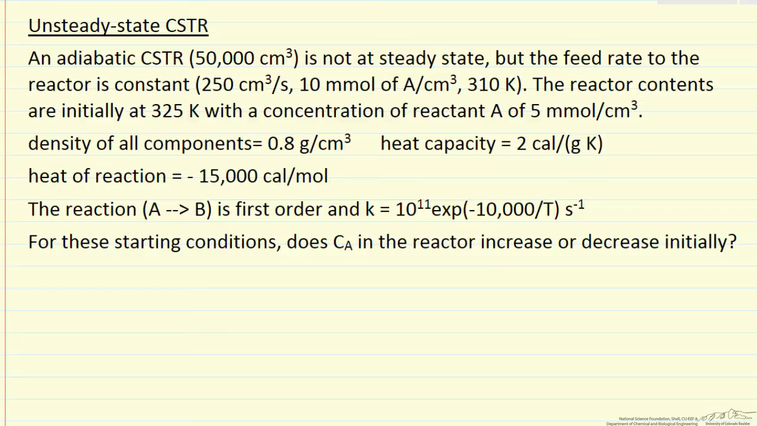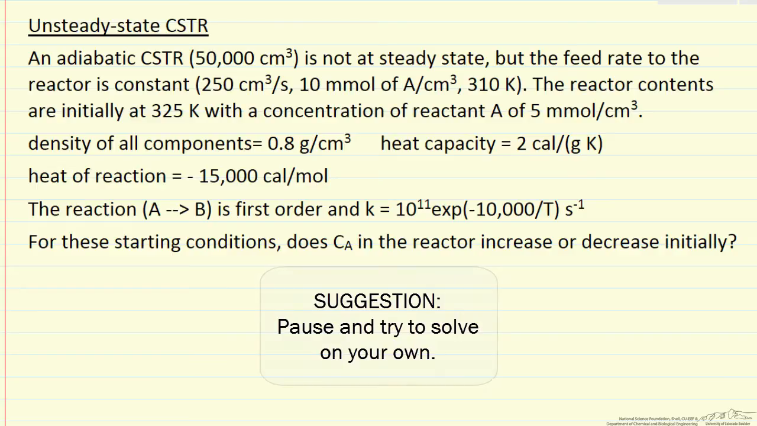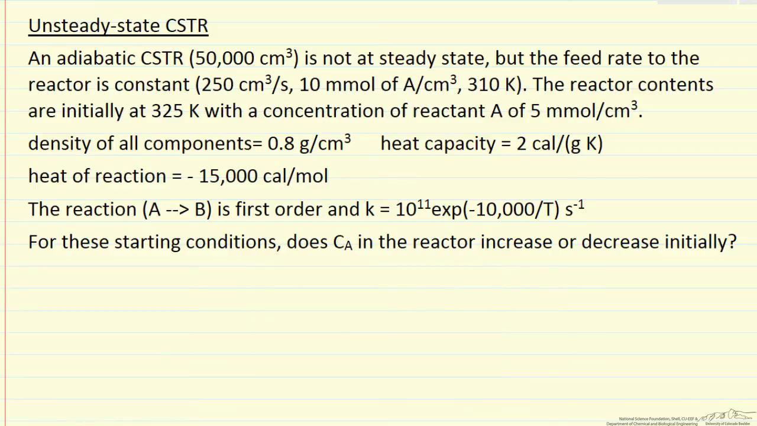And the question is, if we started these conditions, does the concentration of A in the reactor increase or decrease initially as it approaches steady state? So steady state concentration is some other value than 5 millimoles. How does it approach that steady state? Turns out for this problem, what we really are asking is what's the derivative concentration of A with respect to